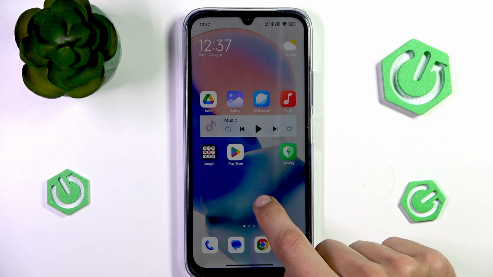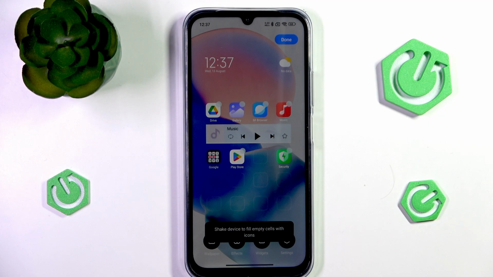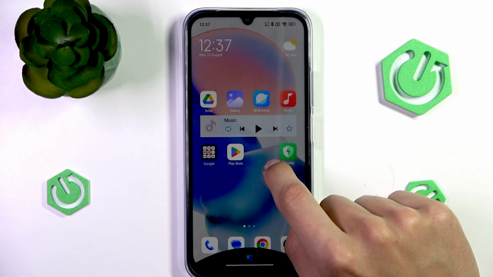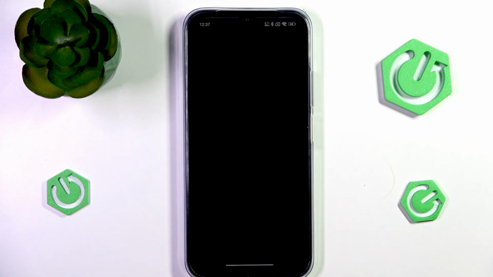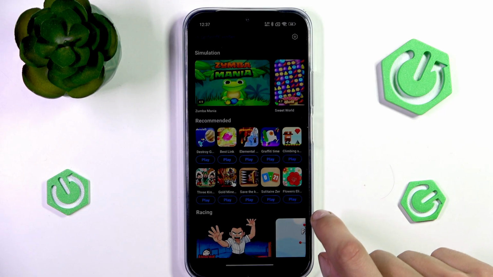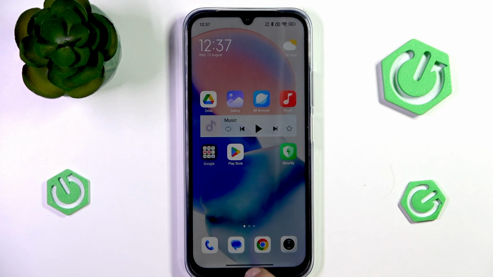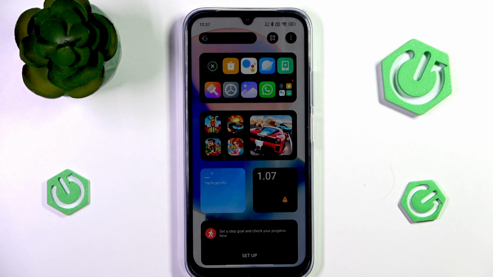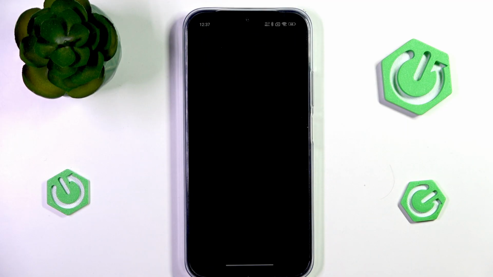If you want to add new apps, you can tap on here, and actually it would be the app drawer. I believe you can just swipe from the bottom to the top, but if this shows you something else, you can swipe left to be on this screen. If this still doesn't work, try going into settings,